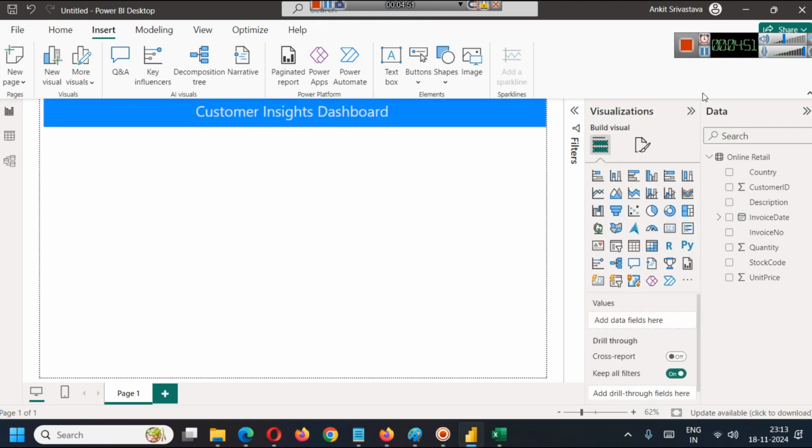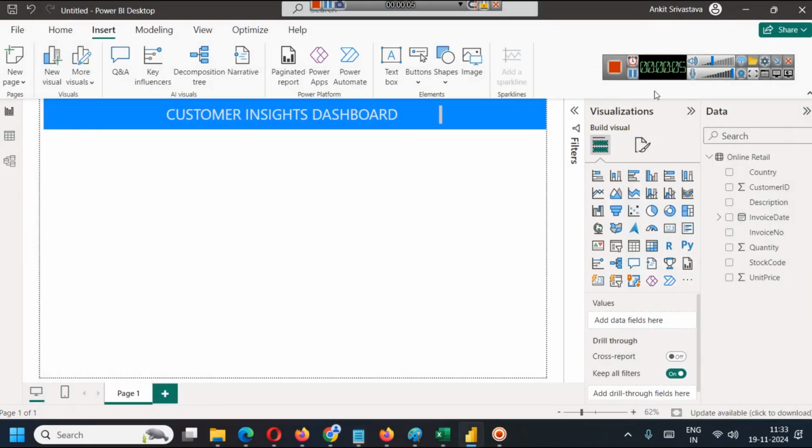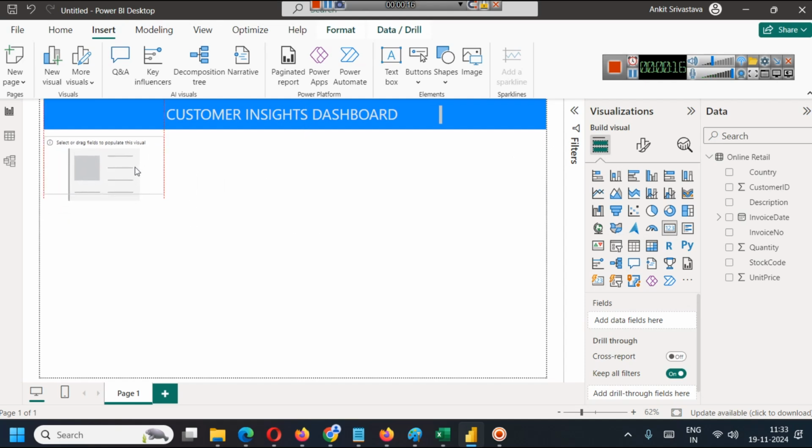Now, there are some visuals that we will try to create. So the first visual that we will try to build is count of customers. And to build this visual, first we will create a card here, and in the card we will first do some, there are two ways, either you can do some styling first or then load the data, or you can load the data and do some styling. So here customer ID represents each and every customer, so we will select this and it will give you count of customer ID, that is